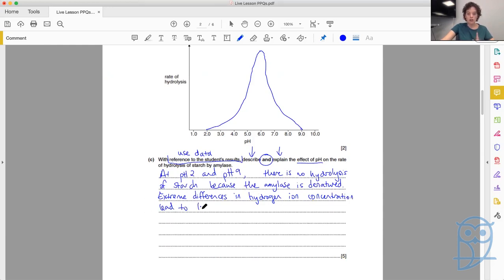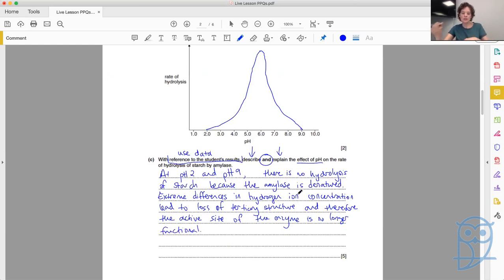lead to what? Loss of tertiary structure, because every enzyme has tertiary structure, and therefore the active site of the enzyme is no longer functional. Okay, so my handwriting is a little bit large on these PDFs, and I'm answering very much in full,